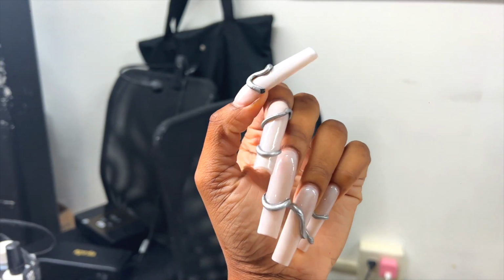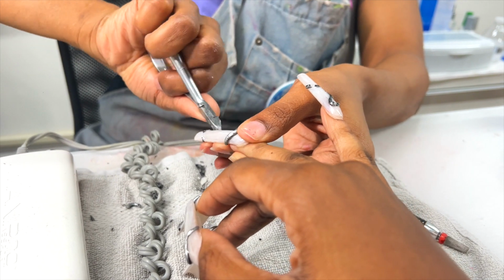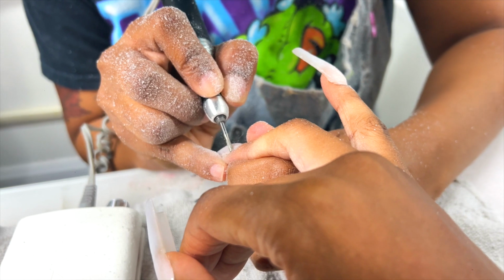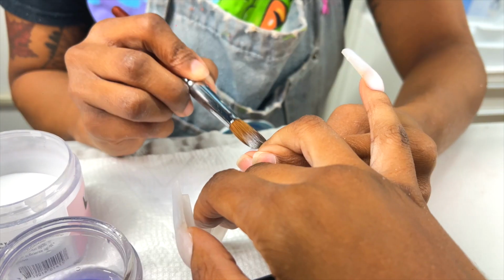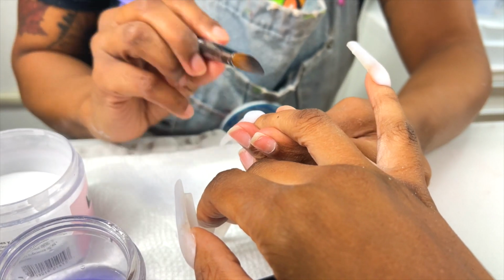Another thing I recently started doing is getting my nails done. You guys know I do my own nails typically. I actually know how to do my own nails very well, but it would take me hours and hours to do. So I recently just decided to let it go and let somebody else do it for me, because a professional can